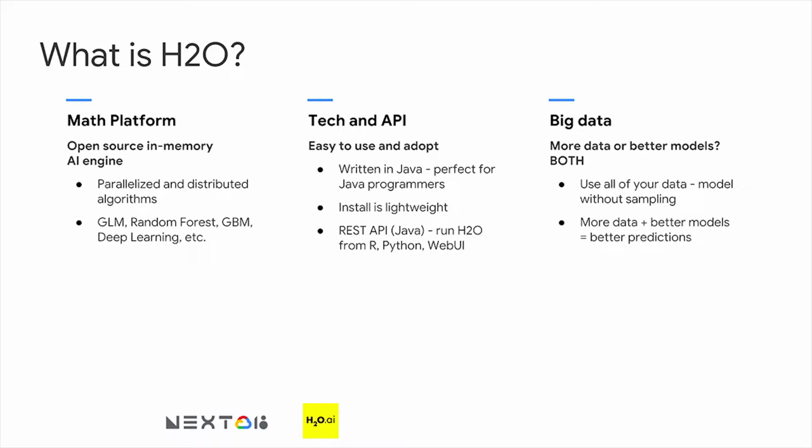So, a very quick overview of H2O. We call it H2O Core internally. What is it? It's essentially a math platform. It's an open source in-memory engine. What we've done is we've taken the most common machine learning algorithms, like, as I mentioned, the GLMs of the world, random forest, gradient boosted trees, and we rewrote them from scratch to be fully parallelized and distributed. So if your data is large, you just spin up more machines and we can handle all the data.